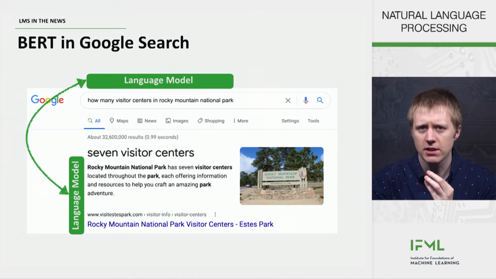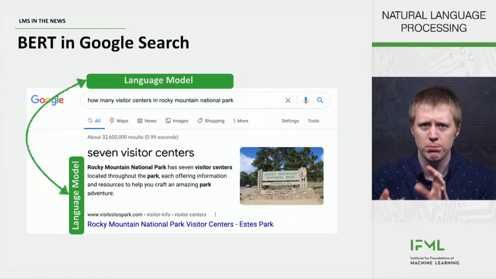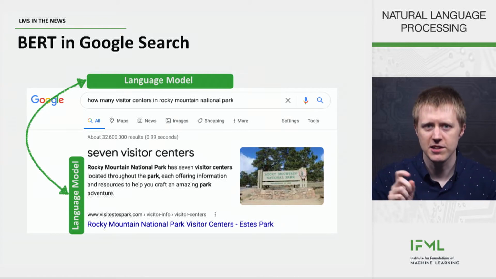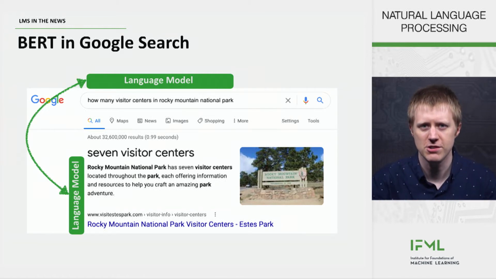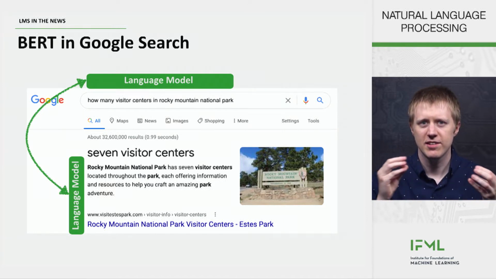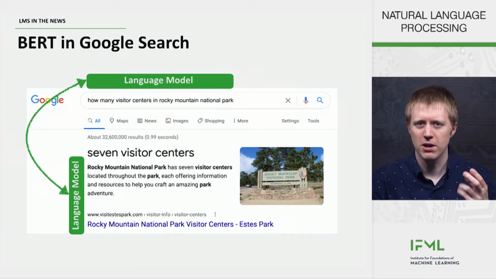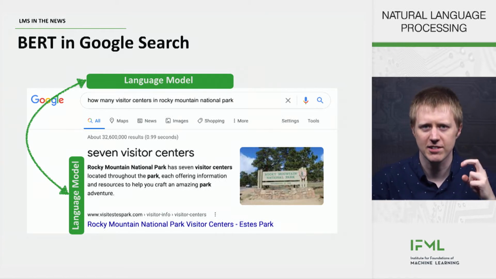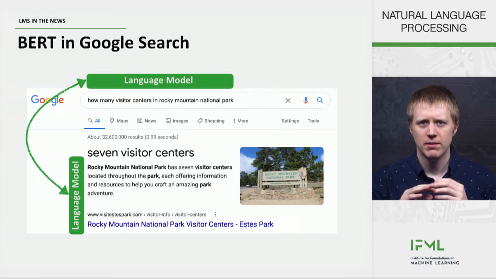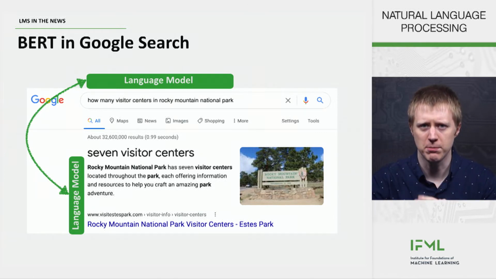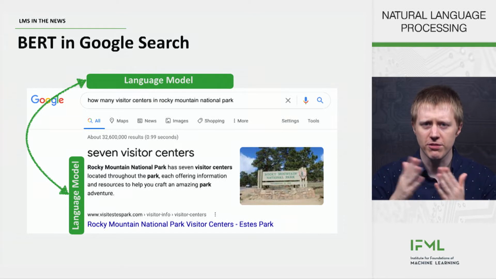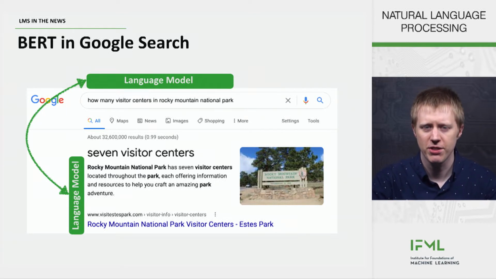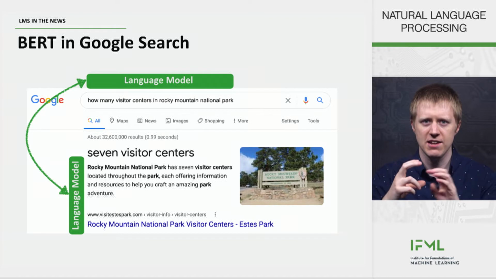So it's not using the language model necessarily to predict the next word. Instead, it's using sort of products of the computation inside the neural network. And what those products of the computation allow it to do is a kind of text similarity. It lets it say, okay, this thing about visitor centers, Rocky Mountain National Park, well, I can see that that's very similar to the text on this website. And so I'm going to do a kind of soft matching between these. And then once we've softly matched these, we can figure out that, okay, this website actually answers the question that